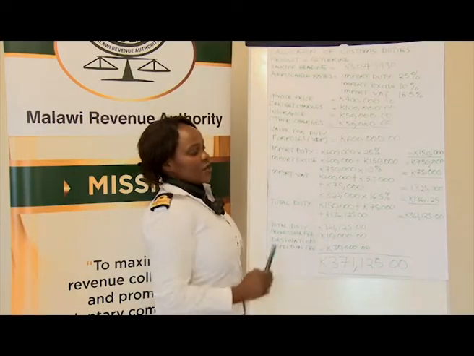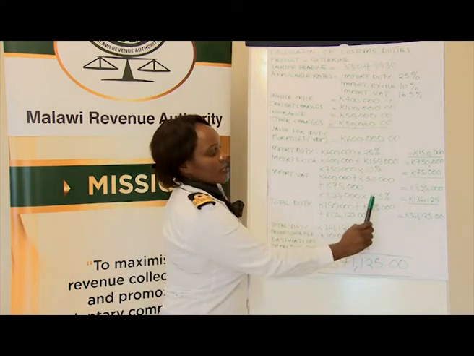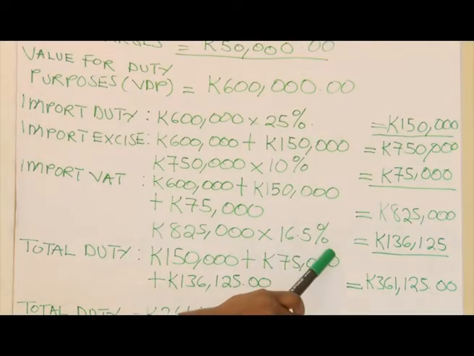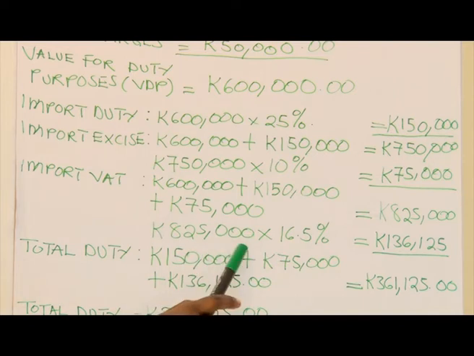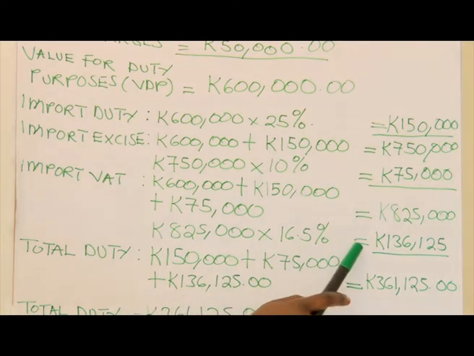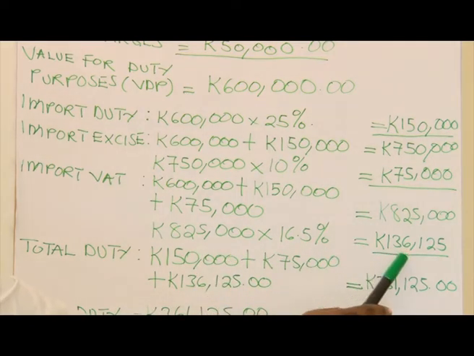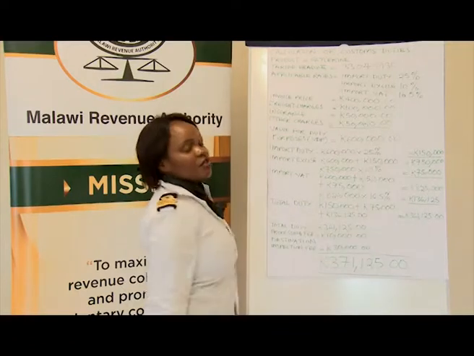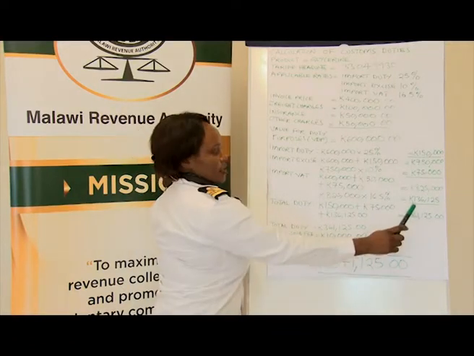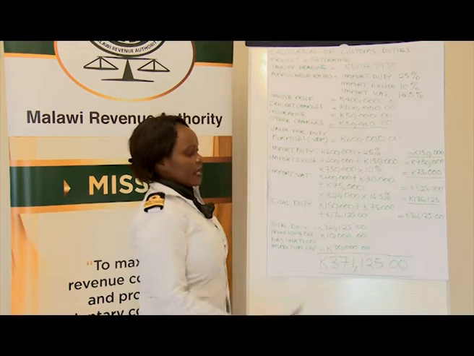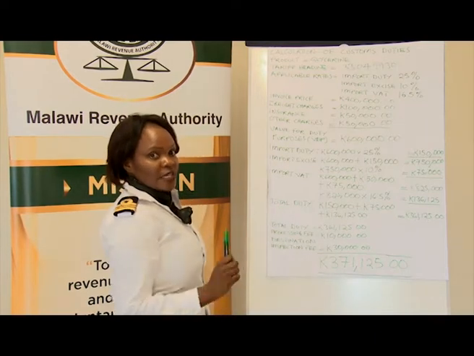Now to calculate import VAT, we are going to calculate 16.5% of 825,000 kwacha. This is going to be 136,125 kwacha. This is our import VAT. In total, the importer is going to pay